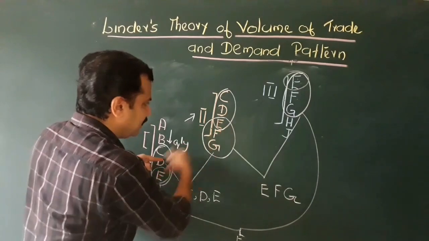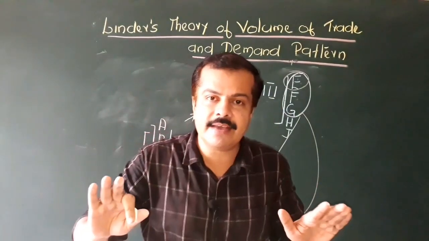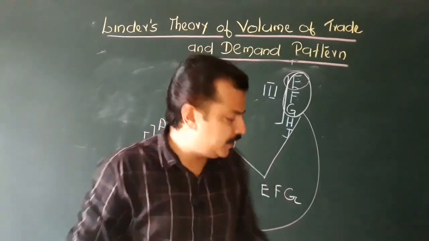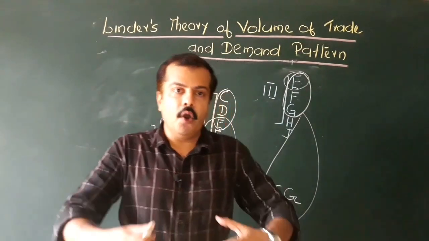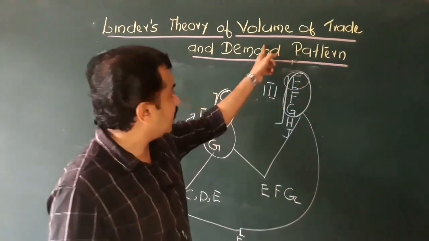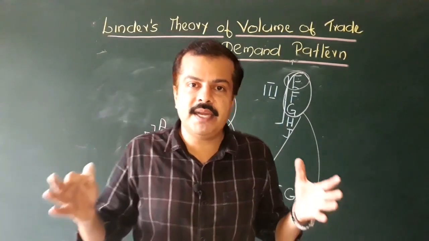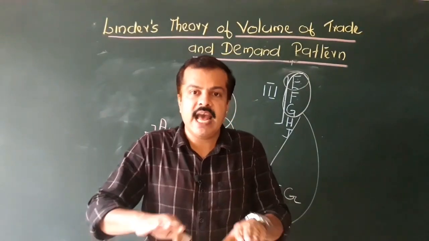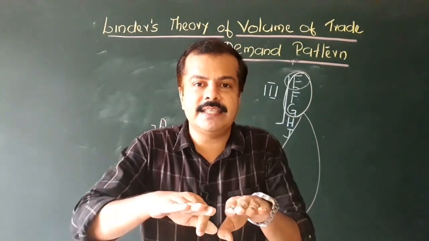See this point, between country 1 and 2, between country 2 and 3. Having a similar level of per capita income produces a large quantity of trade, or larger trade. So more intense trade, larger volume of trade. We are talking about the volume of trade as well. The larger volume of trade will be taking place between countries having a similar level of factor endowment, having a similar level